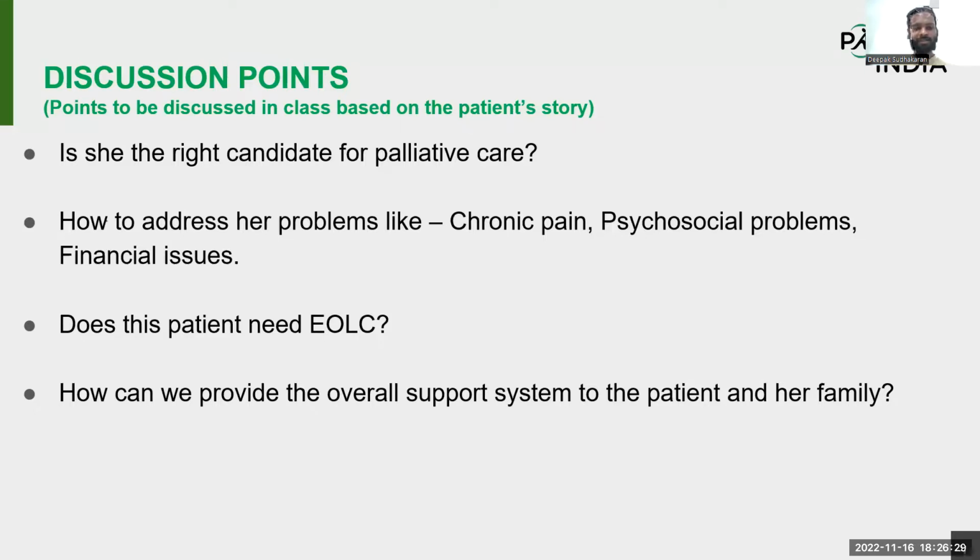To be addressed with counseling support and maybe with antidepressants as well. So a situation where so many dimensions need to be addressed, and a doctor alone may not be able to handle it. Many a times we may have to go for a multidisciplinary approach. In this situation, you said that an NGO has come into the picture as well. As we come towards the last few minutes of our session, ma'am, your take on the case which was presented.